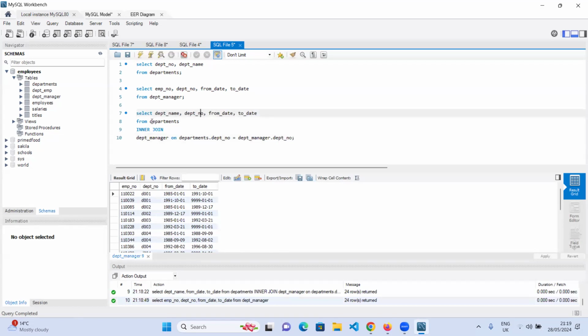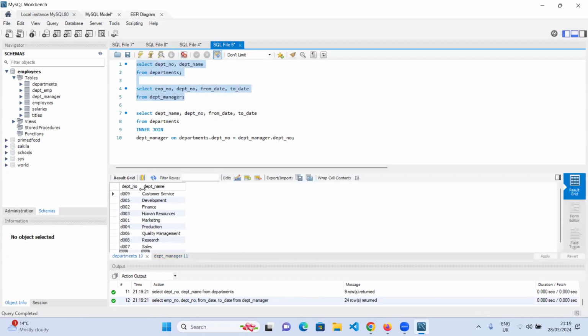So what we're going to do is pick this. Where's department number coming from? Let me run this again. It's coming from the boot. So this is department. So department name